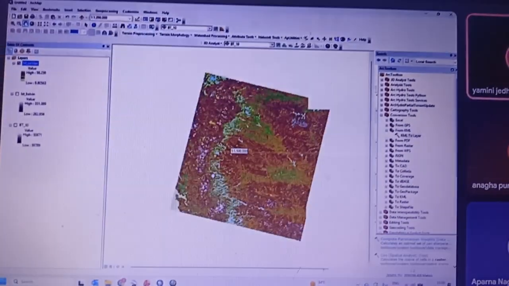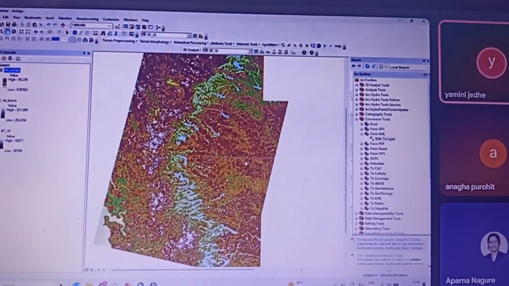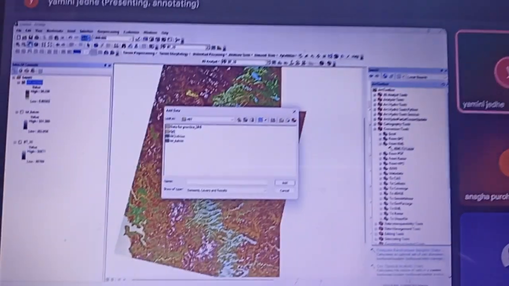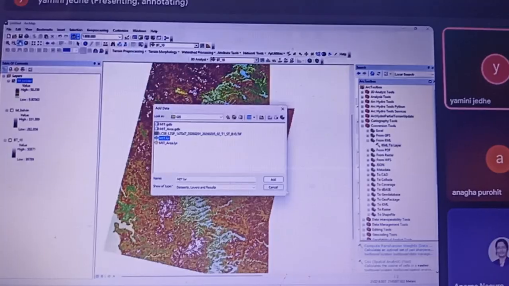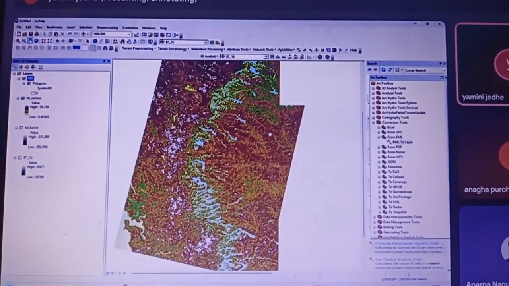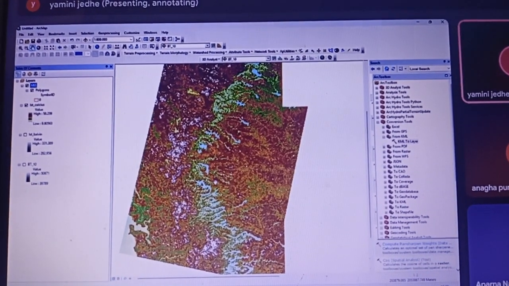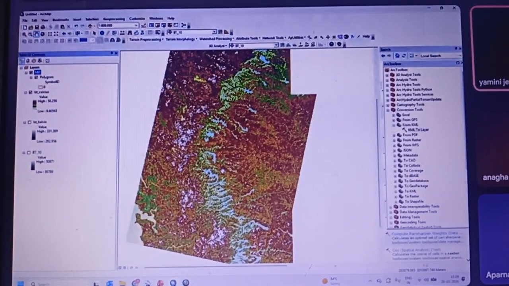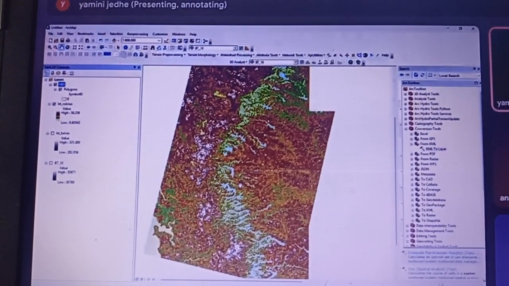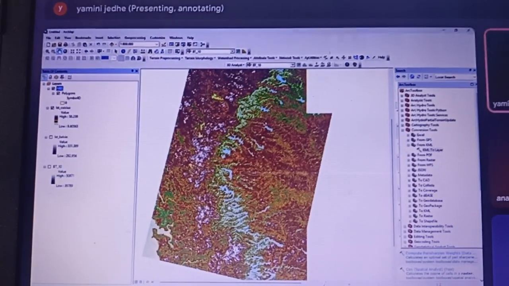So you can superimpose any of your areas on this particular area, just like what we are doing now. Accordingly, you can superimpose the areas and we can check the temperature in that particular area because of the heat element. And this can be done over a period of time, as I discussed, that Landsat is available from 2013 till now, 2026. Because the satellite image that we have just used is from the 22nd March 2026.